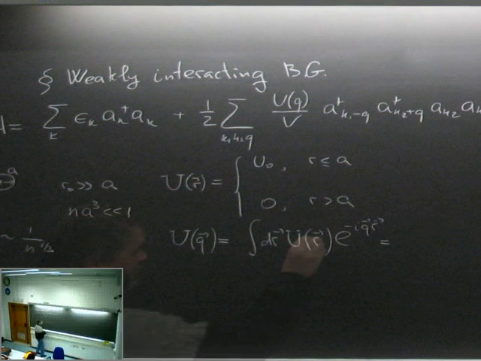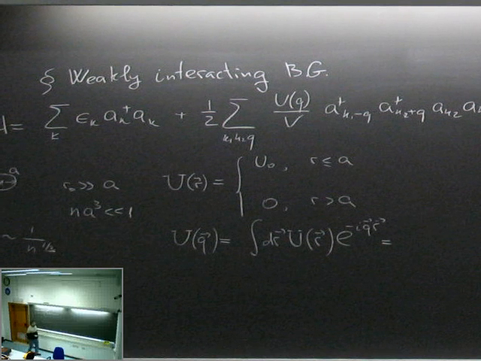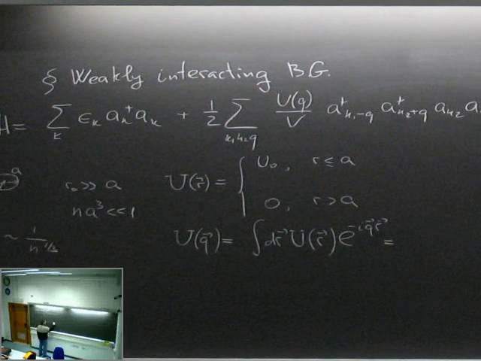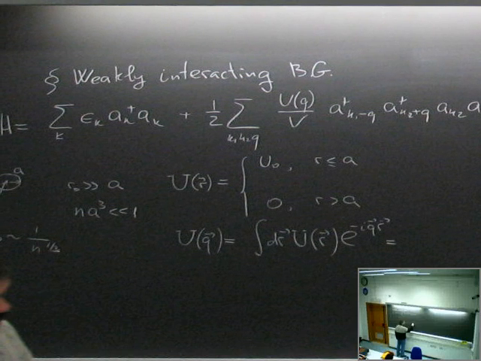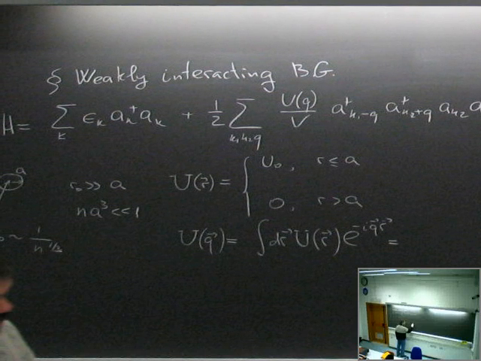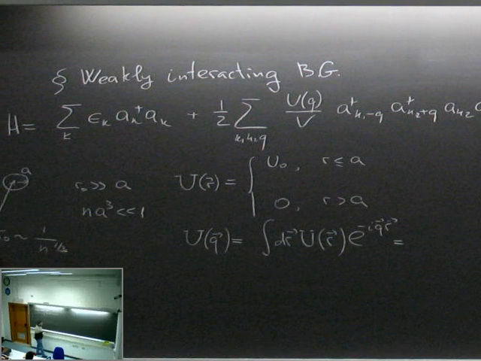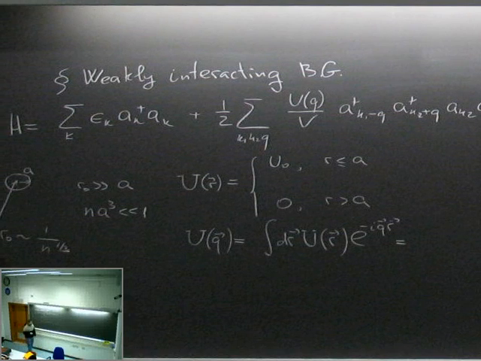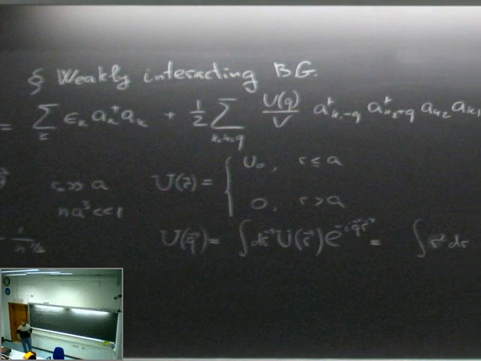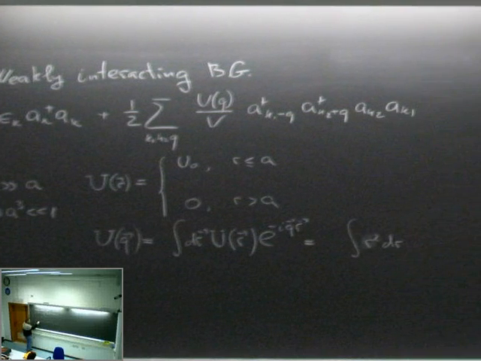So the well is spherical. So therefore, I can integrate over all angles, r squared dr, such a way that first of all I will integrate over phi. I have a sphere